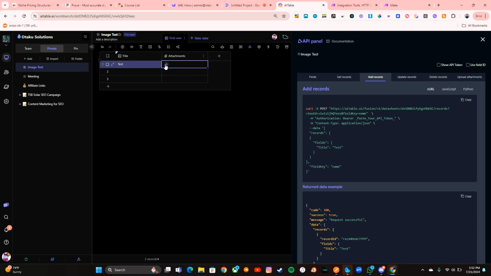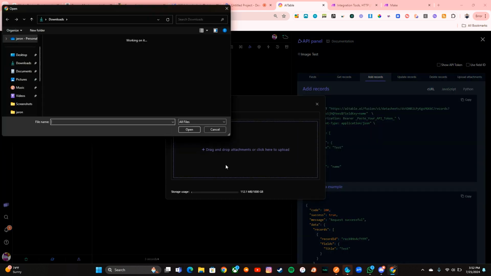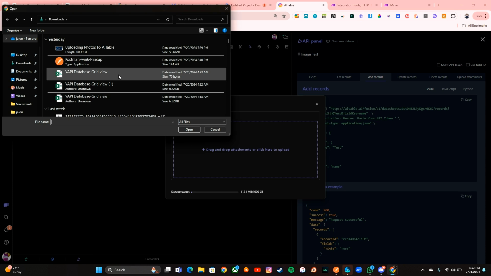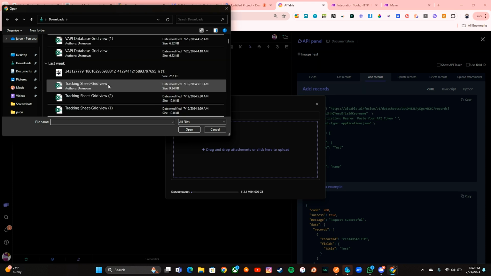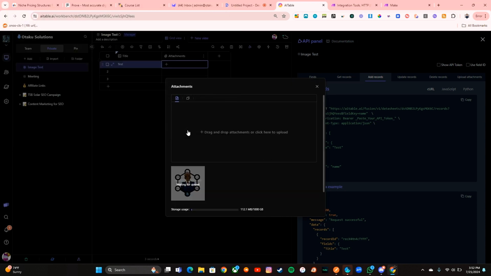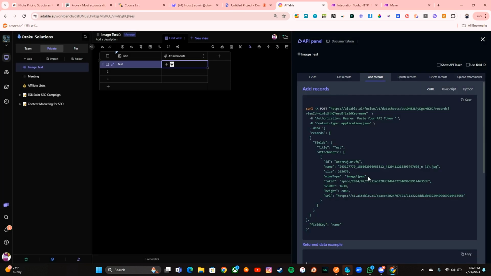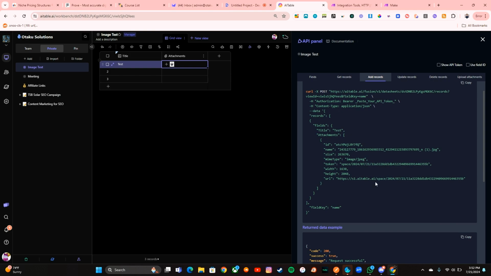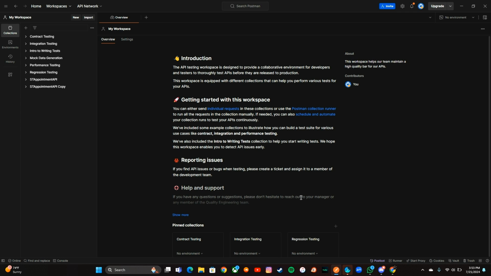And then we actually have to do the same thing for our attachments when we're uploading them locally. Locally just means we're inside of AI table doing this, not an API request or anything of that sort. So once this is actually uploaded, we see a lot more data come in right here. And this is actually what's important to look at for our actual API request when we go upload this information. And this is where Postman comes in, because Postman is a wonderful platform that tests APIs and does various things. And we're going to do that exact same thing here.